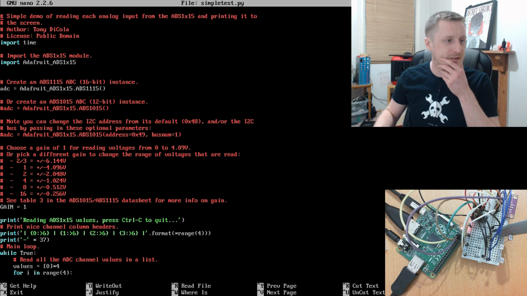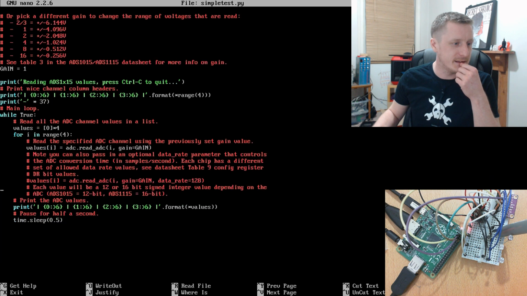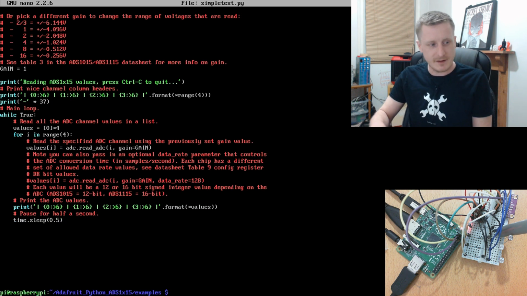So it's relatively simple, isn't it? We're just doing it within a while loop. So we're going to bring in, we're importing time, we don't need to just yet. Adafruit, ADC, okay. So let's exit that, and then we want to go CD,